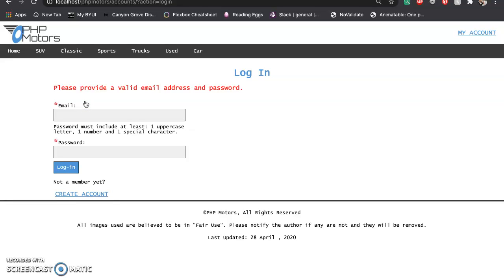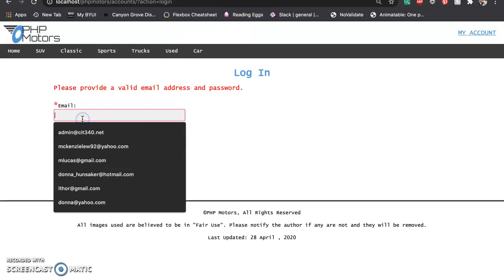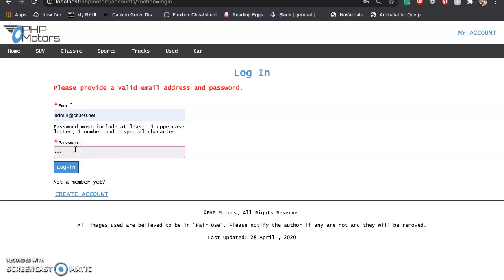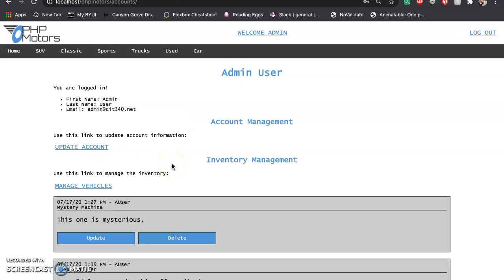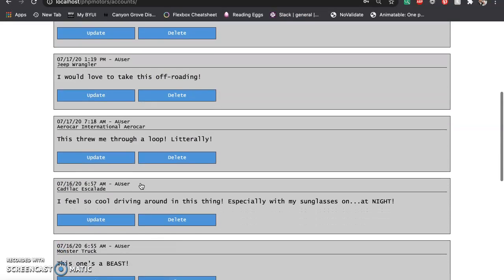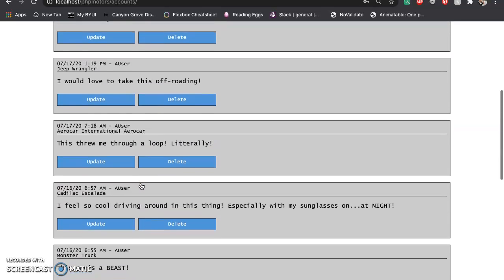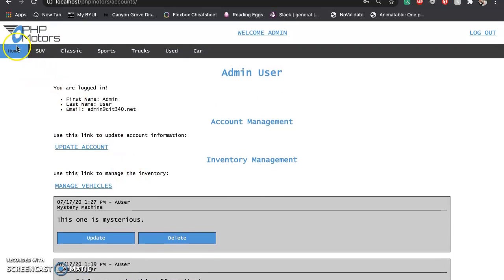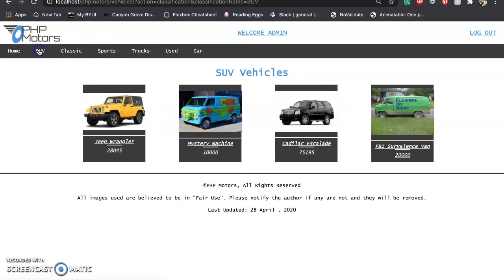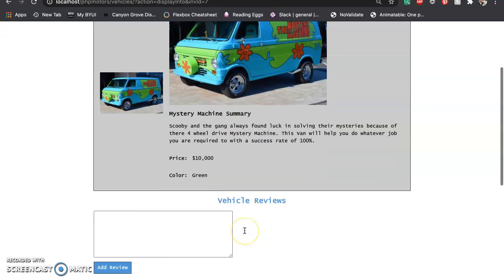So we'll log in real quick, and we don't have the cookie set. Okay, so after logging in, you see that the cookie is set up here, and it brings us to the admin page, which has all of these reviews in here for all the vehicles. And so let's go back to here,